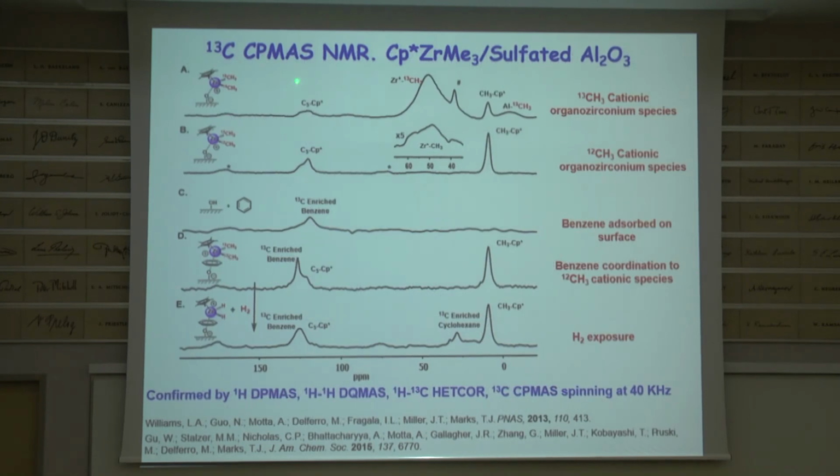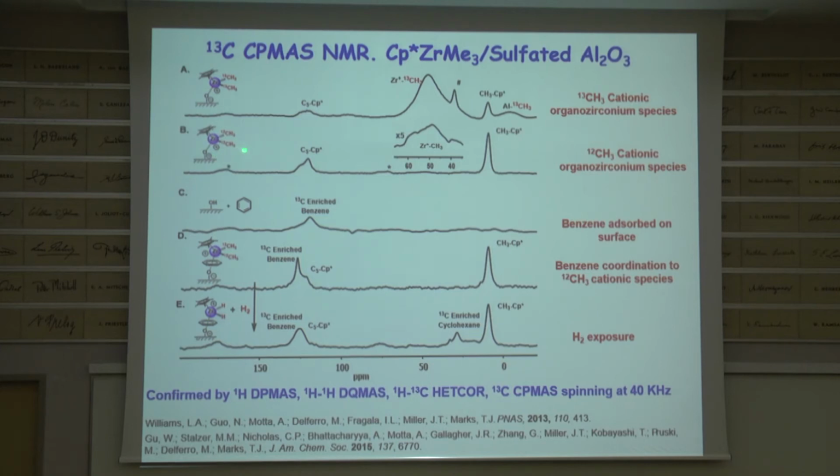You can also do a little more solid state NMR just to show you the kind of finesse. So this is the zirconium compound. The methyl groups here are C13 labeled. And so this is the zirconium methyl signal. It's a C13 experiment. Now this is really peculiar. You might say, well, wait a minute. This looks like the methyl that was transferred to the surface, just like in that first experiment I showed at the beginning of the lecture. And this is sulfated alumina. Okay, so there's a little bit of transfer to the surface.